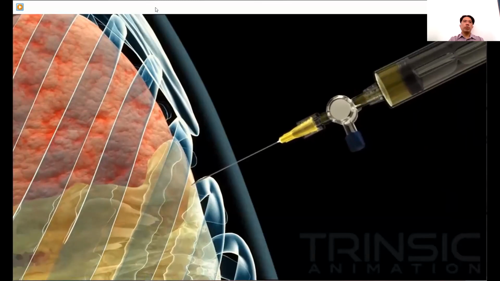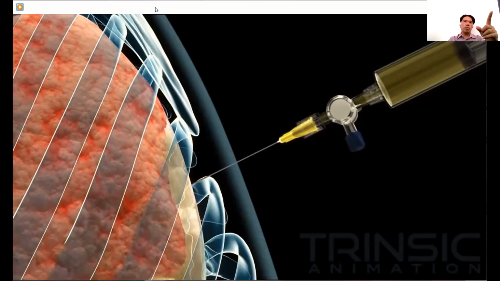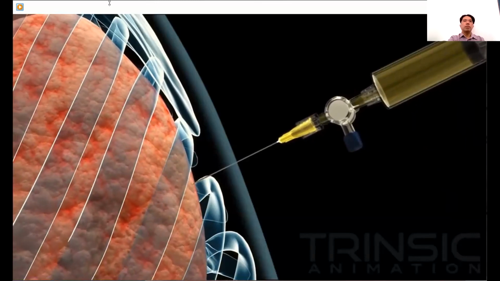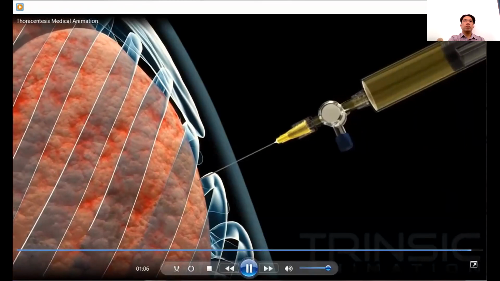You see the pleural effusion is decreased and the lungs are able to expand. So that is how pleural effusion is